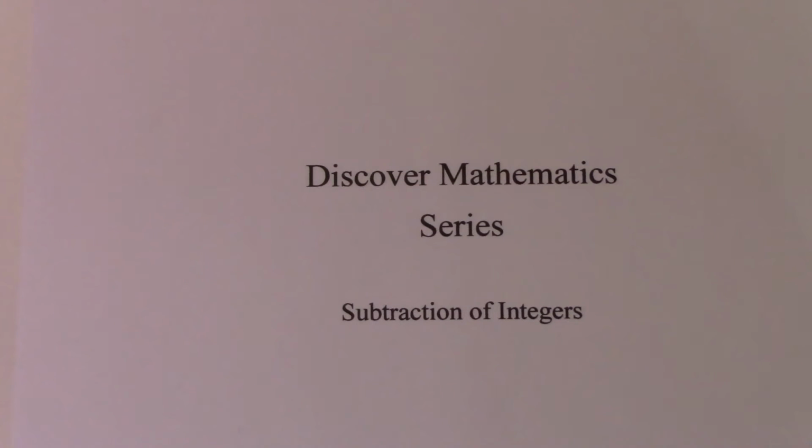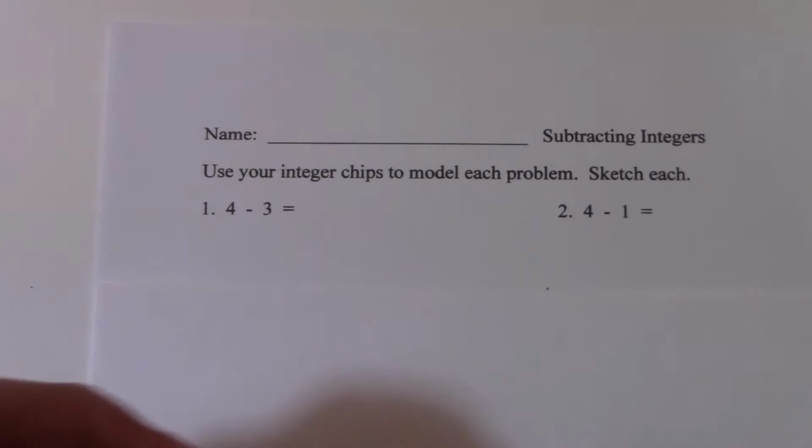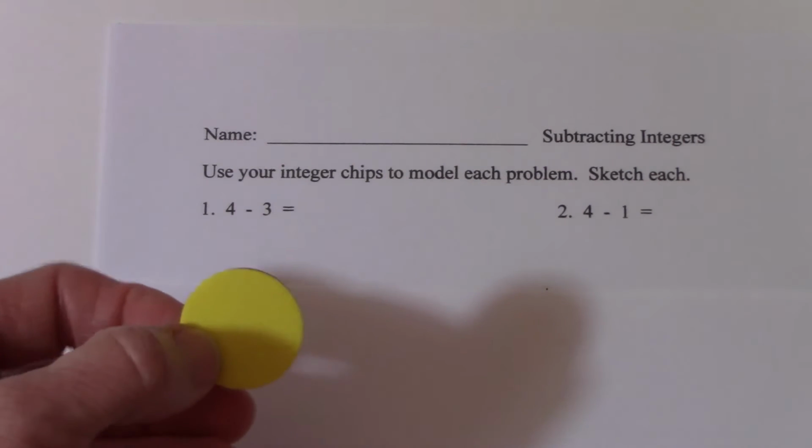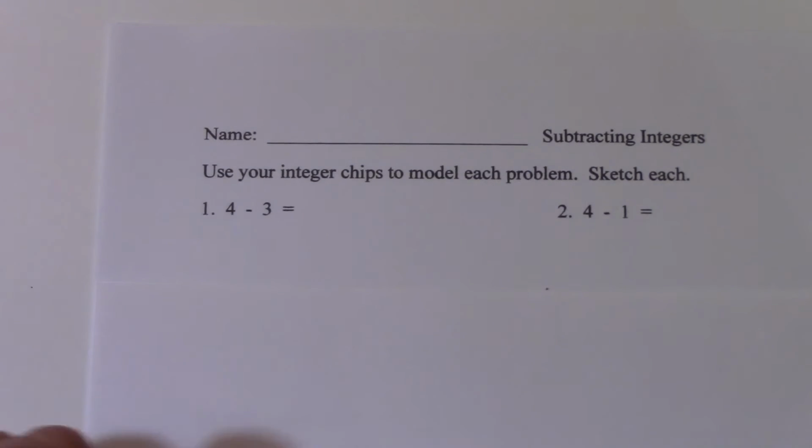In this video, we're going to look at two different ways that people can use the two-color manipulative to determine the rules for the subtraction of integers. We're going to use the two-color chip where the yellow color is positive and the red side is negative. So if we're going to build 4,